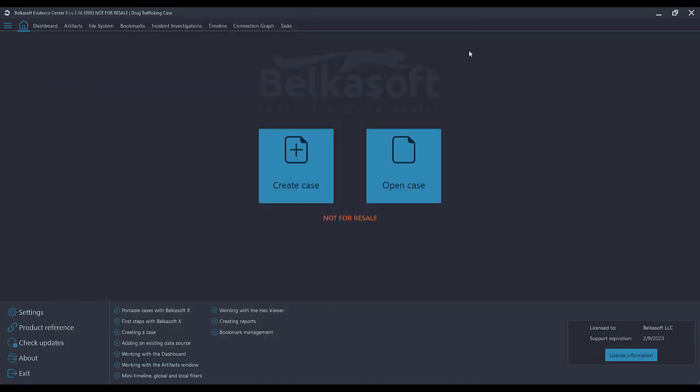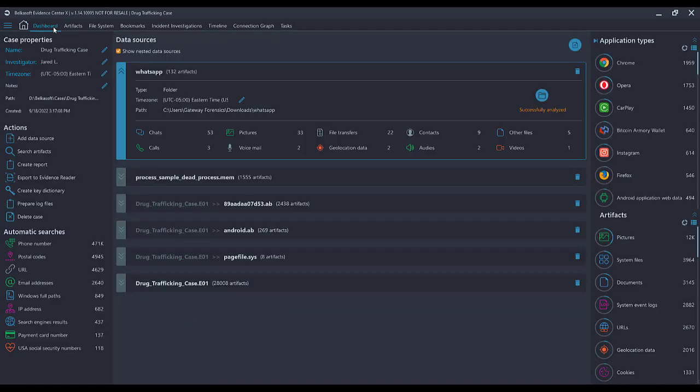As an idea of what we might do to process an artifact to see the SQLite database, I'm going to go to the dashboard. I already have a few data sources loaded, but I'm going to show you how we would go about adding a data source to Belkasoft X in order to find these SQLite database files. So I would go to add data source,